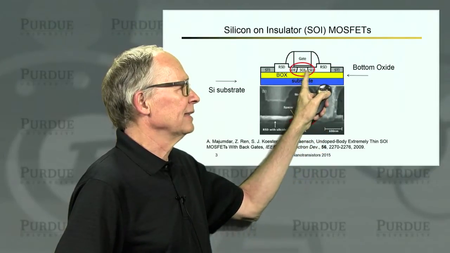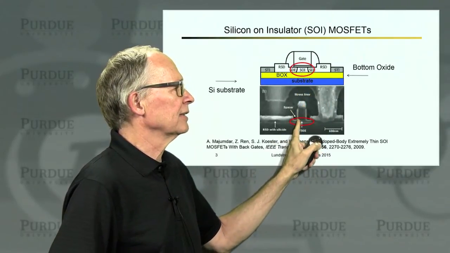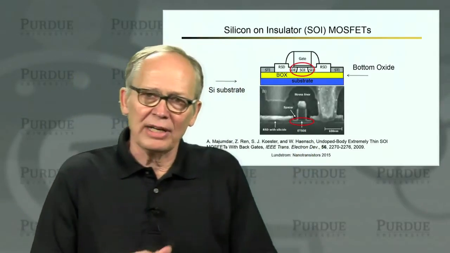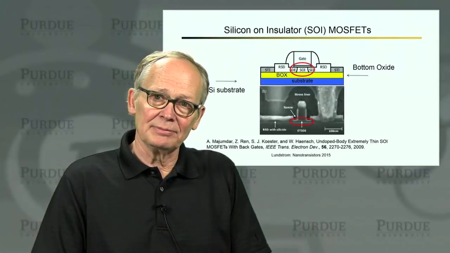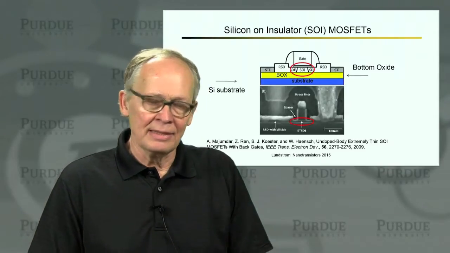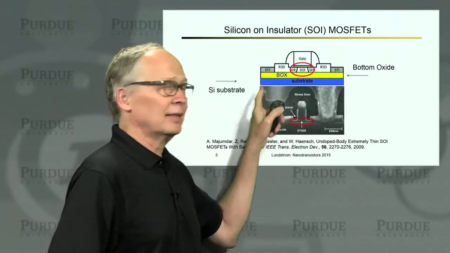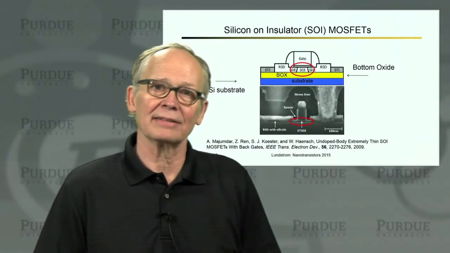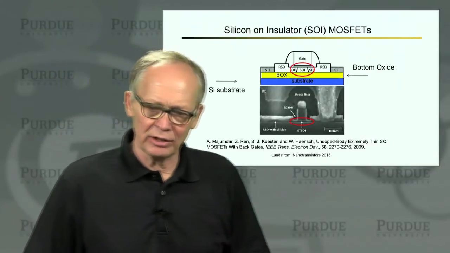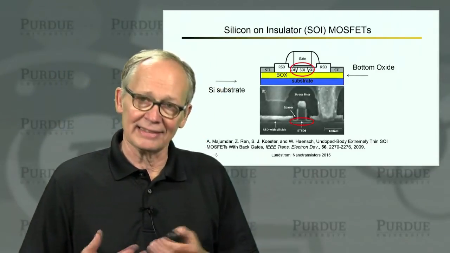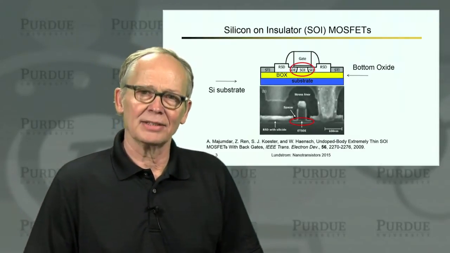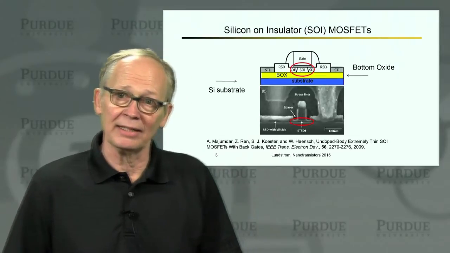You can also see the thin silicon layer in the cartoon, and you can see this thin silicon channel here in the electron micrograph. So the transistor itself is a thin layer of silicon sitting on top of an insulating layer. There is a silicon wafer. That's the substrate. The role of the silicon wafer in this case is simply to support the active device. So we're going to be looking at this device, and it should be clear that it's not infinitely thick. We can't regard it as infinitely thick. So some of the assumptions that we made in the previous lecture simply don't apply to this structure.